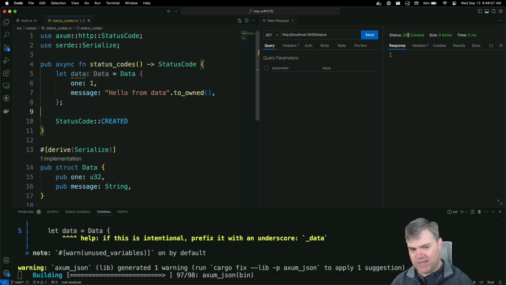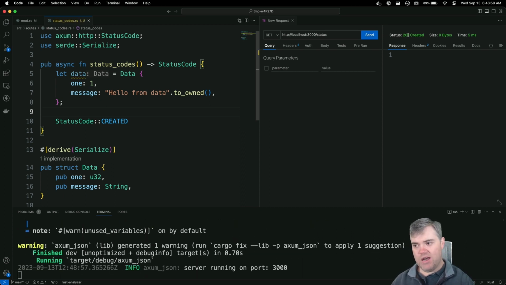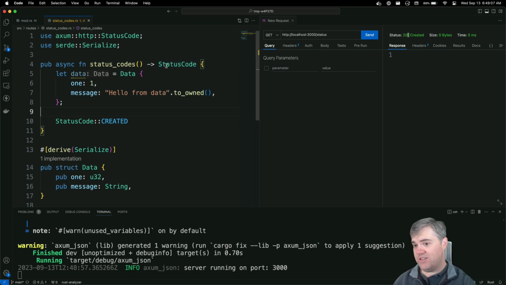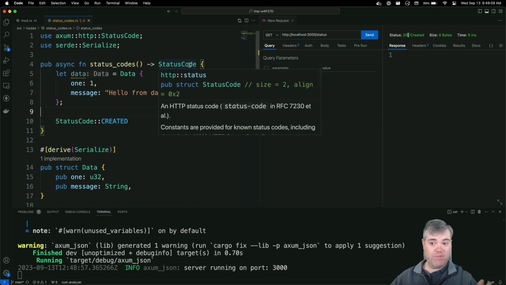Now, how to actually send this back? We have a couple choices here. We can tell Axum exactly what we're going to send back, or we can just tell Axum we're going to send something back that's legal and valid, and it's going to be okay. Let's first start with telling Axum explicitly what this is going to be, and then I'll refactor that into just whatever.